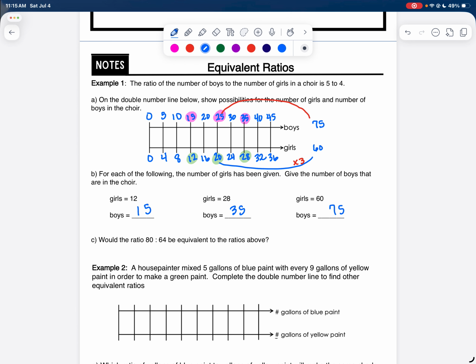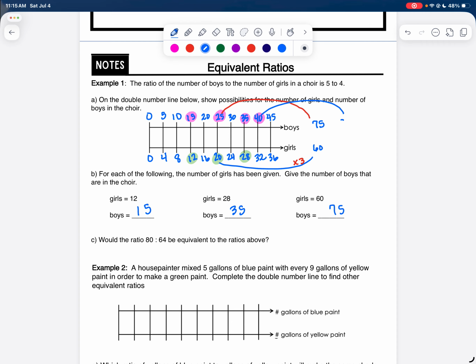All right. In problem C, they want to know, would the ratio 80 to 64 be equivalent to the ratios above? Well, I'm not sure. Let's look at our top row. Is there a number in the top row that would be easy to scale to 80? There's actually a couple numbers in there that are pretty easy to scale to 80, but I'm just going to go ahead and use, let me highlight it here, this 40 because it's pretty easy for me to scale a 40 to 80